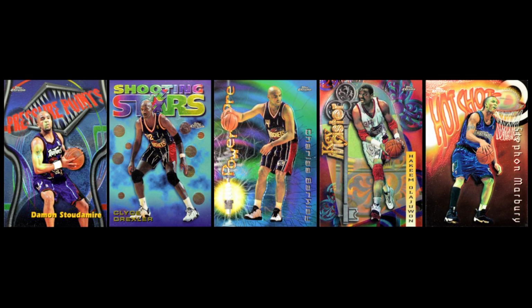But the themes are all very distinct across all 5 categories, where the themes are Pressure Points, Shooting Stars, Encore Power, Keymaster, and Hot Shots. So those are the 5 different themes, and each one of the 6 cards in that group has the exact same background. So it's a very clearly themed